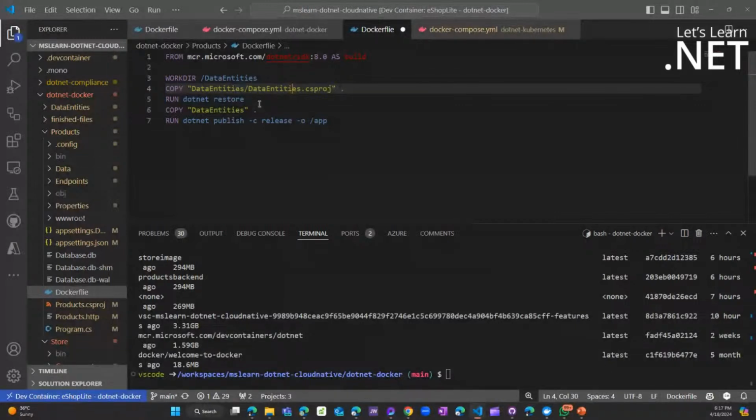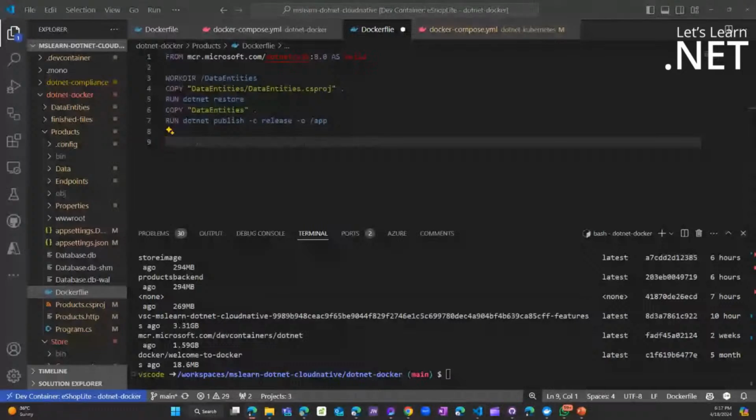We're using .NET Restore to basically bring everything in, and then copying everything in this specific folder into the repository. Take note that we're using .NET Publish to actually bring all of this to life and make it work. So we'll go over and we can paste the second line of code